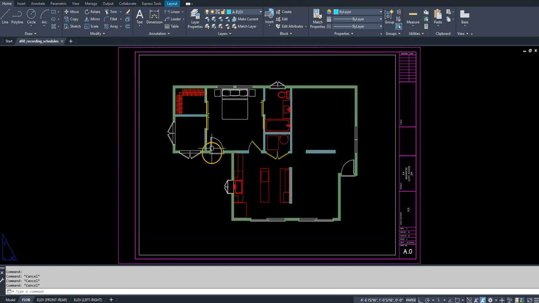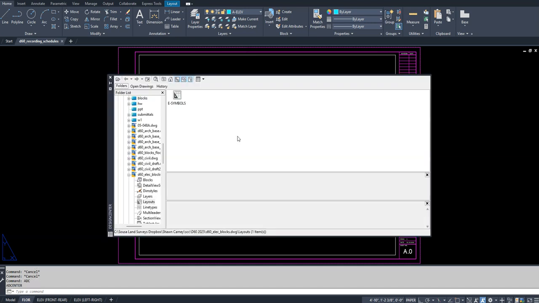But again, this video is to walk you through the steps to incorporate your window and door schedules and go from that point. So what we're going to do here is bring in, using AutoCAD Design Center, our window and door schedules template. So first we're going to go to AutoCAD Design Center, and we've done this before, so we want to go to ADC. And what that allows us to do is find the file that we want